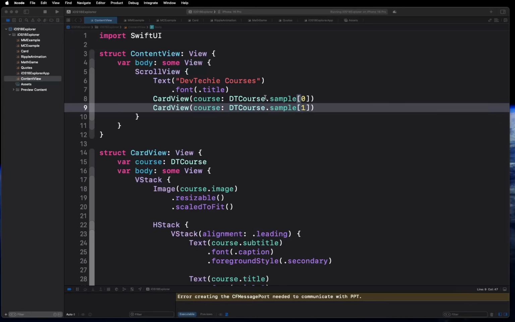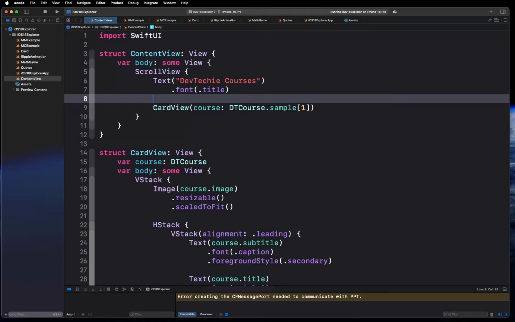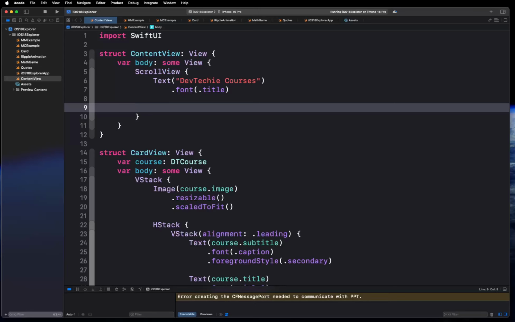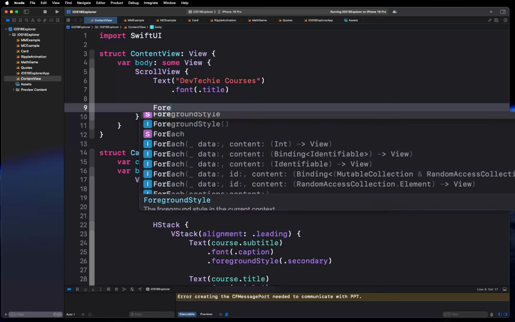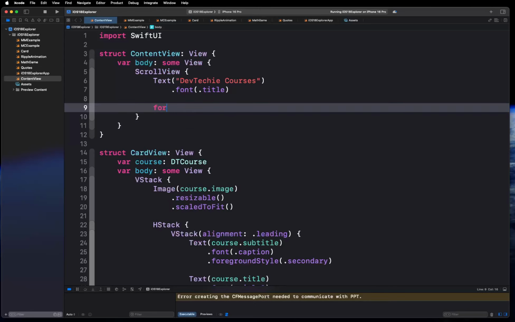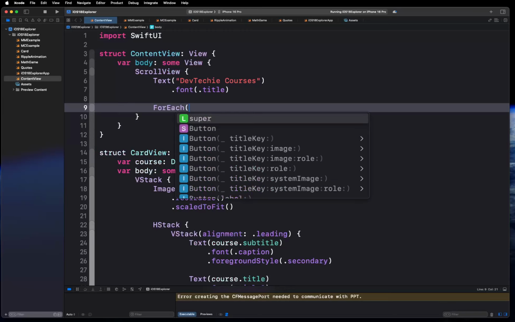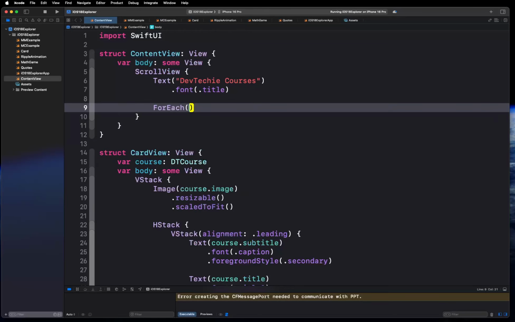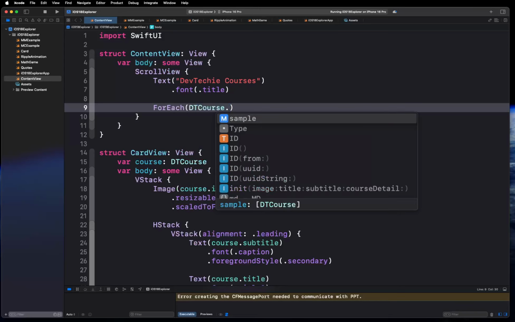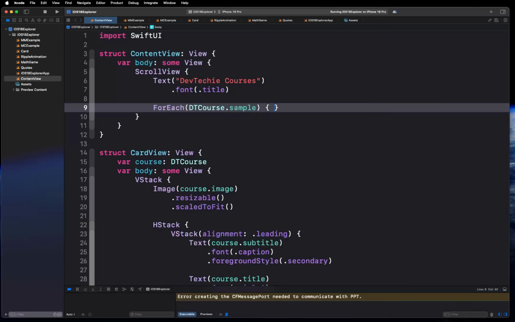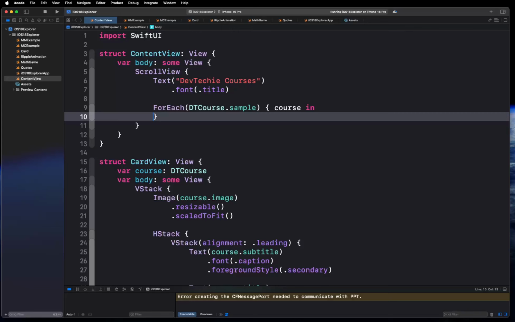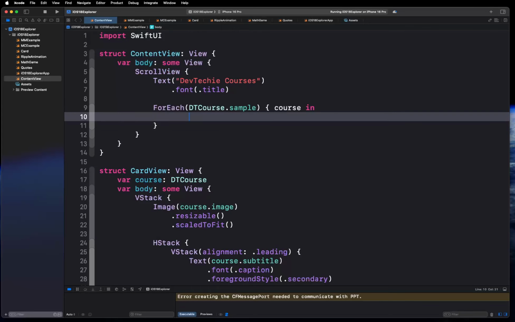Okay, so what we can do is we're gonna make this dynamic. Okay, so I'm gonna cut this one out and delete this one, and let's go ahead and put a ForEach view here, and we're gonna iterate over all the cards inside DT course. So all the sample data, okay, that gives us access to each course inside the ForEach view, and we